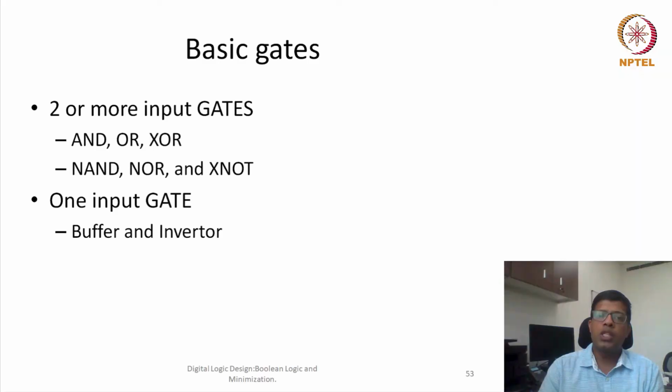Hello everybody. Today we will discuss more basic gates. So far we have seen three basic gates or basic operations in Boolean logic: the AND gate, the OR gate, and an inverter or NOT gate. Today we will see what other gates are also considered basic or primitive gates. Using these primitive gates, we construct all the building blocks of bigger digital logic.